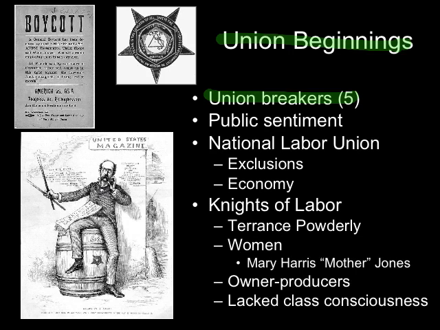So Pullman was out $0 in salary. He didn't pay any salary. He just paid it in his own money that he printed. And then he got all that back. Okay? Now the problem, how this is a union breaker, is you couldn't leave. Once you started working for Pullman, he had you sucked in for life or until he wanted to get rid of you. Now you were free to leave.